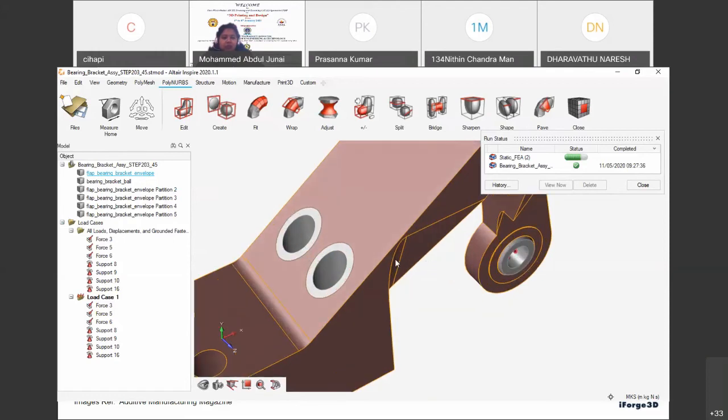Yes, sir. I have one more doubt. After developing the optimized product, we convert it into the STL model. After conversion to the STL model, do you go through any mesh quality checks? Obviously. See, in this particular tool, Inspire, you are not seeing any mesh here.